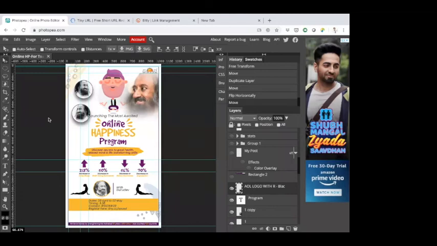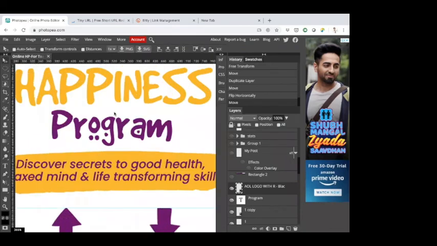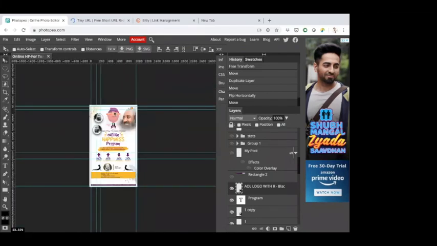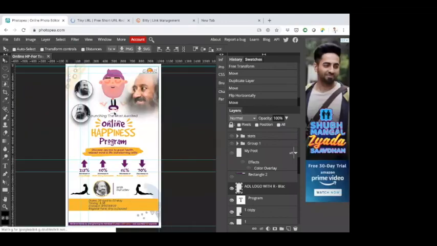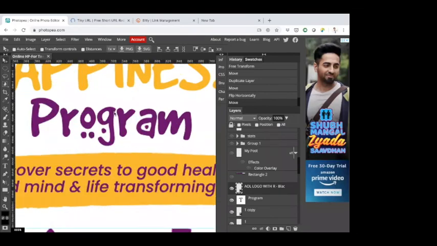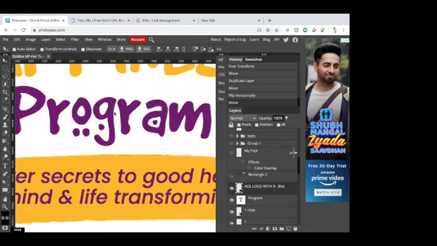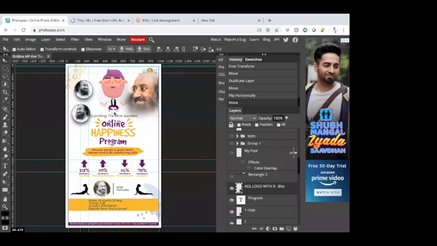Now for answering the second part of your question, if you want to work in a particular area, there is a shortcut Control+, or there is a zoom button on the left side, a magnifying glass, I'm not sure. Anyways, you can use Control+ and zoom in to any extent and zoom out to any extent. Got it. Coming back, you can press Control+0. At any point, if you have zoomed out or in too much, press Control+0 and it will come back to the original position.